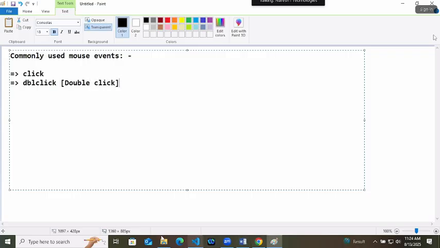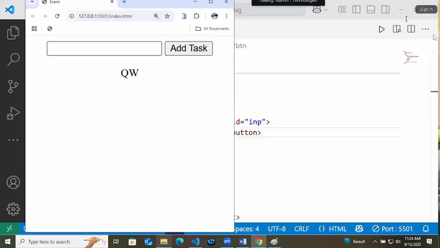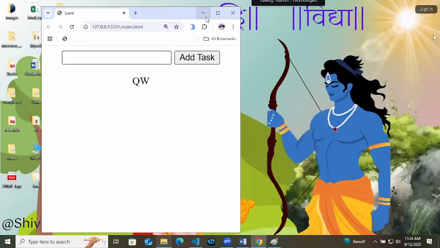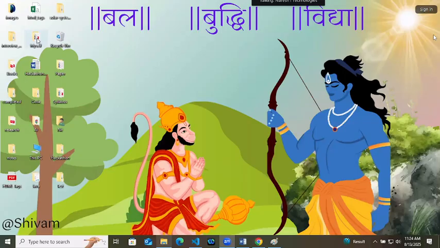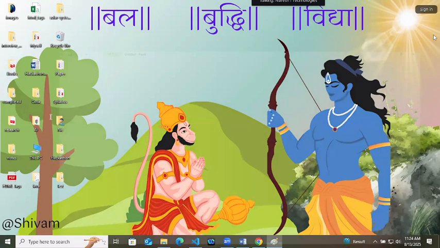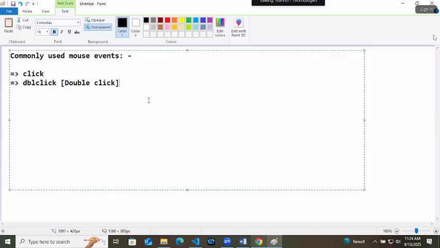You know how this is handled. Haven't you noticed in your laptops that if you want to open any app, you have to double click on it? In a single click, it will not open. How is that double click handled? dblclick. Right now, let's say I want to open this books folder. So I have to double click on this. In a single click, it will not open. So that is the mouse event dblclick.